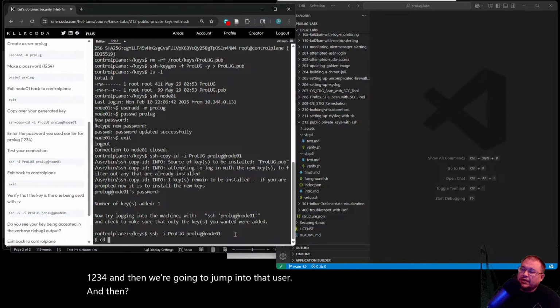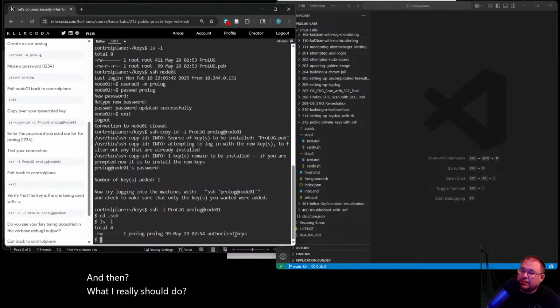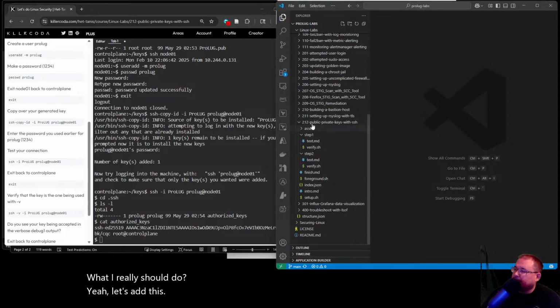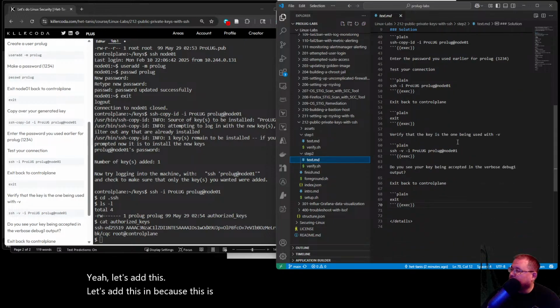And then what I really should do, yeah, let's add this in because this is important. So verify the key is the one being used.